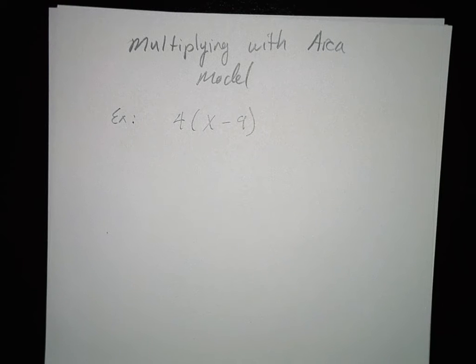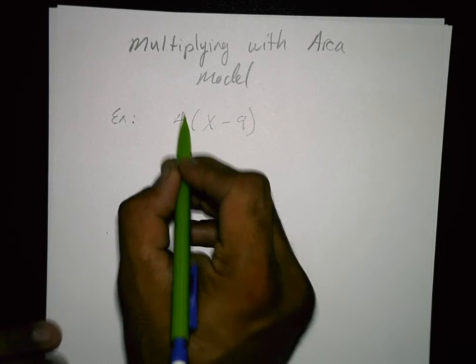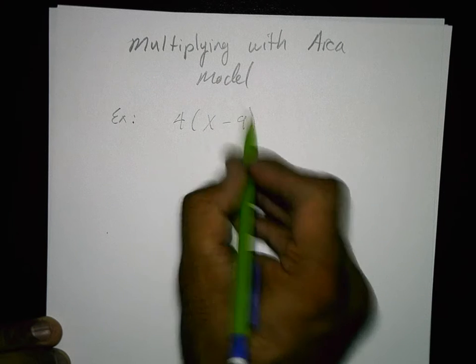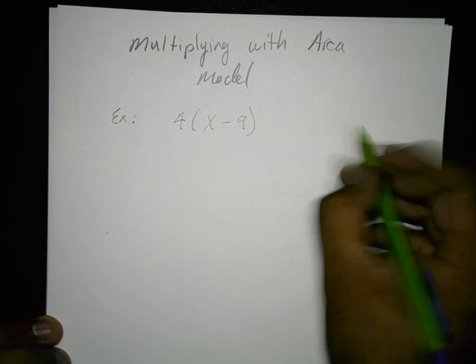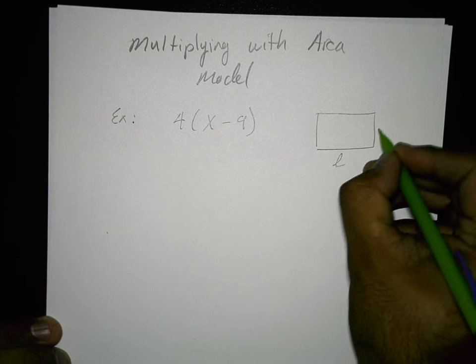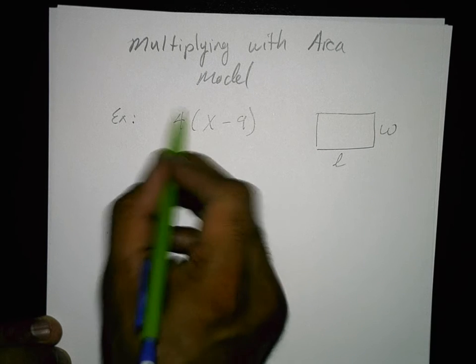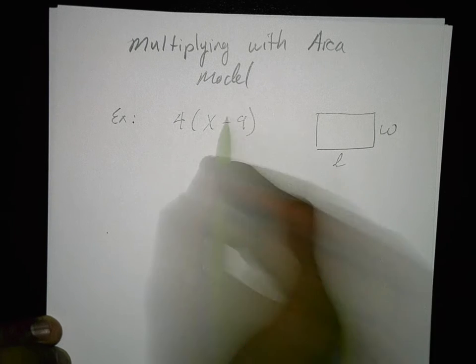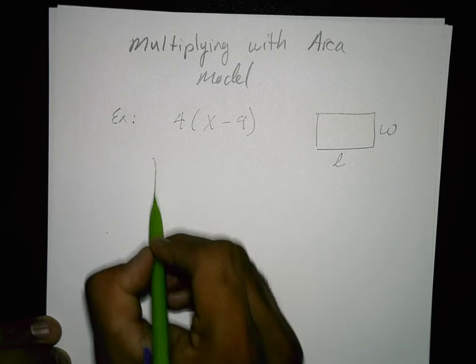Okay, so if you look at it, it's going to be an area, so I'm going to treat this as a dimension and this as a dimension, basically the two things. So when I say area, it's like area of a rectangle, right? So you have length times width, and so one of the things being multiplied is a length and the other one's a width. So how I do this, I set up a box